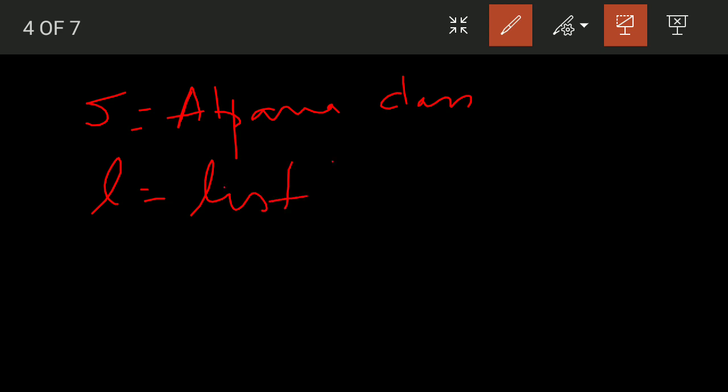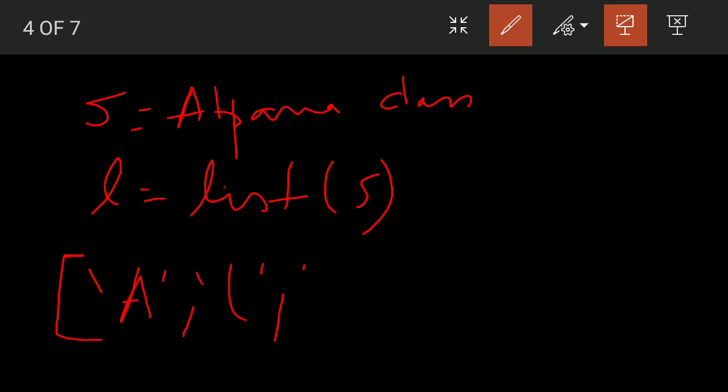So s is equal to "Alpana class". Okay, if we write it like this, and we had written L is equal to list of s, what it will do is separate each and every character of the word.